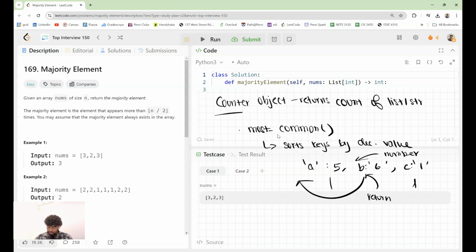I just learned about a Counter object, which returns a count of lists or strings, right? So we could use that and also use a function called most common, which basically sorts keys by decreasing value. So the most often or most occurring elements would appear in the very top of the list,